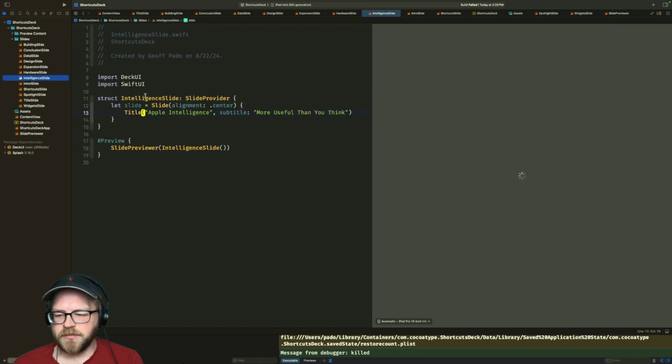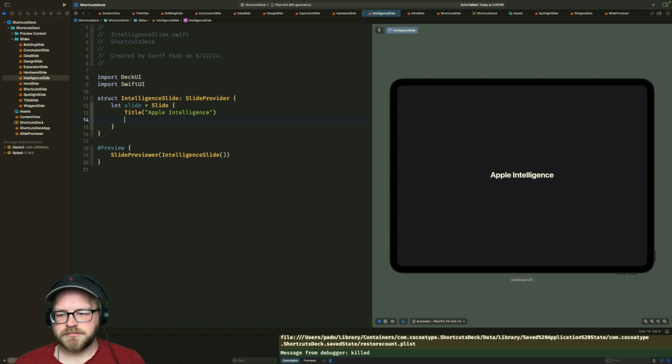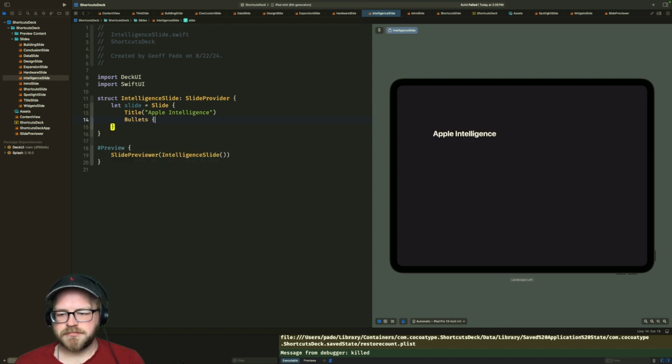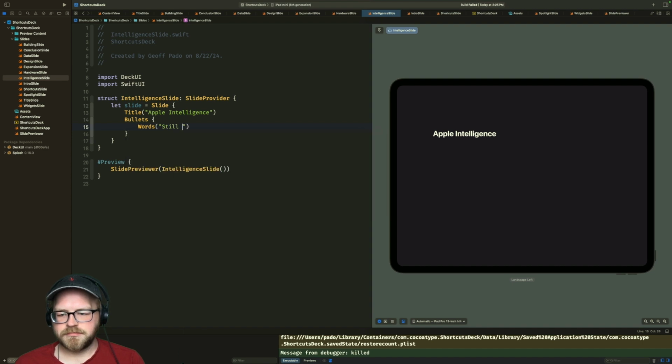Intelligence slide. Okay. There's not much here yet. Still coming in the future, but we know some stuff.